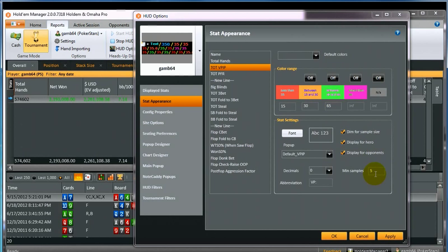Before I look in detail at how to use VPIP, let's look at the pre-flop raise stat, as you're going to need to use these stats together. Using one without the other doesn't make any sense at all. As most of you will know,